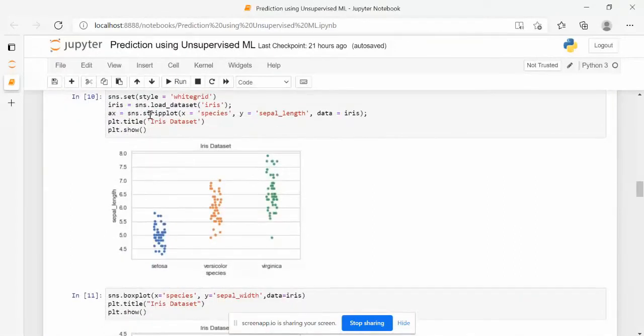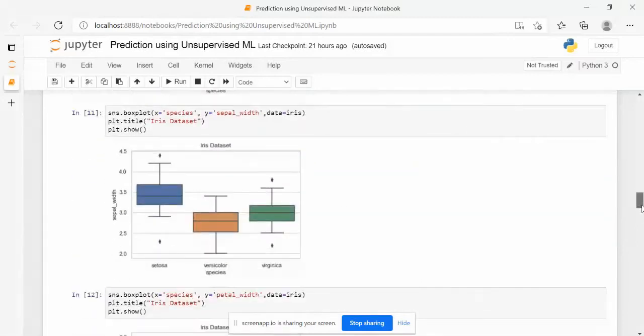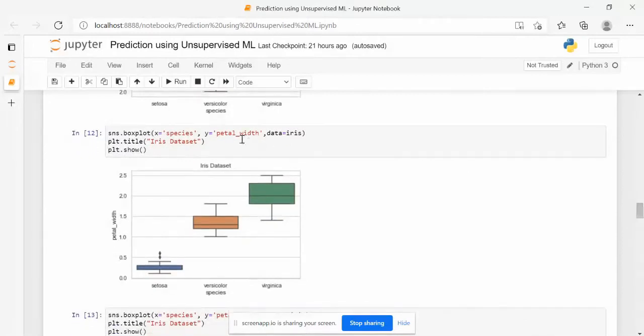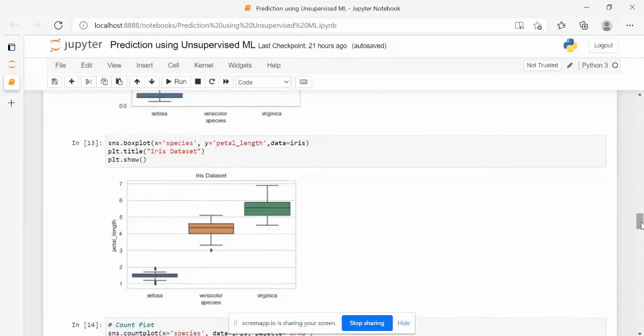Here I have also used a strip plot, and these are the values of sepal length. Moving ahead, for the sepal width, I have used a box plot, and similarly for the petal width and for the petal length, I have plotted a box plot.